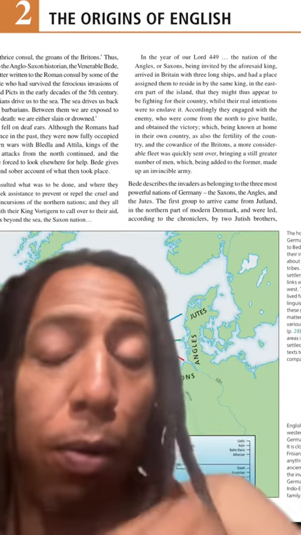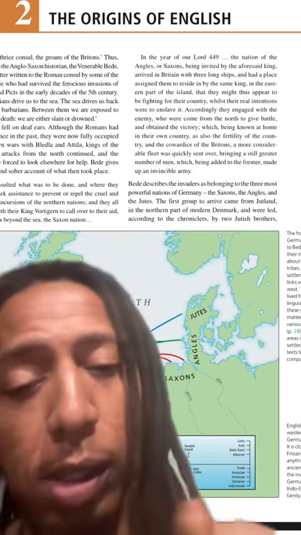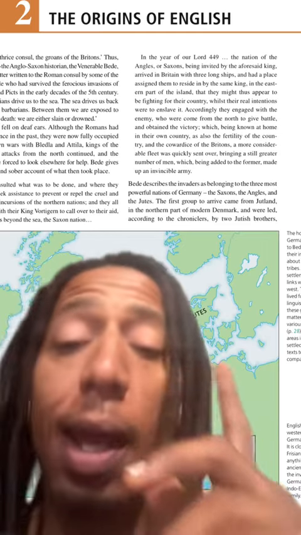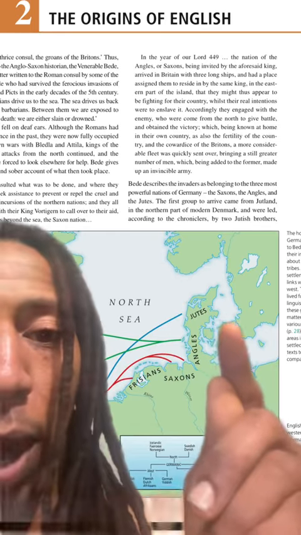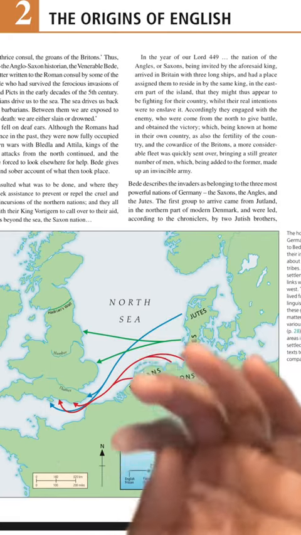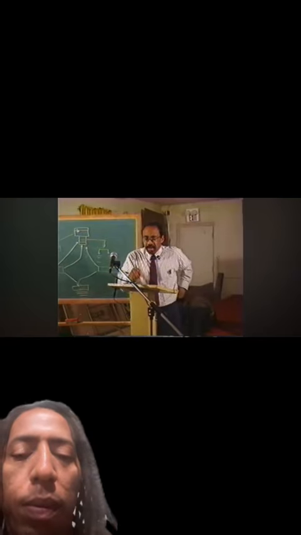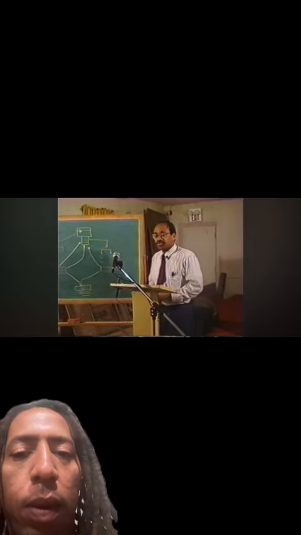I pulled this information from a school textbook, so people want to tell me about sources. I still don't think this is the best source, but it gives credit. You have Jutes, Angles, Saxons moving into areas. What are they doing? When you look at the history of Europe,